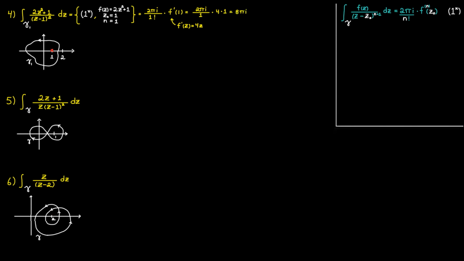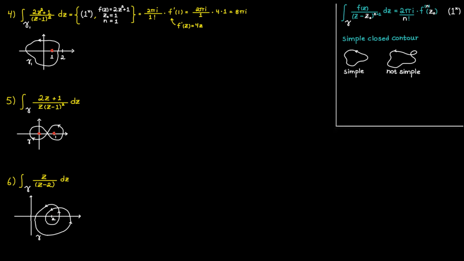In our last two examples, we are going to switch it up and use new contours for our integrations. So in example 5, we can see that we have a singularity at c is equal to 0 and one at c is equal to 1. But we can also notice that the contour is not simple, since it crosses itself. So we can therefore not use Cauchy's integral formula right from the start, since it only works for simple contours.